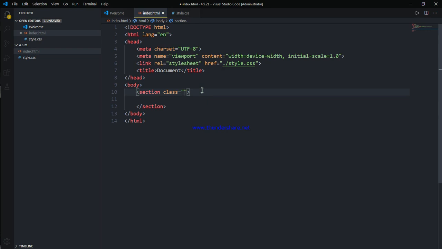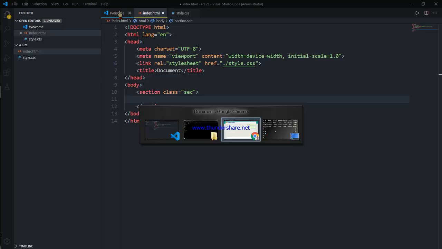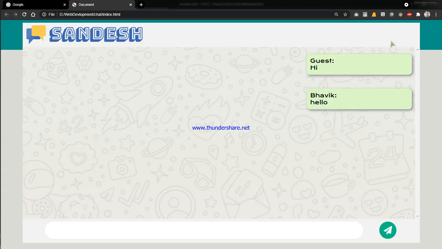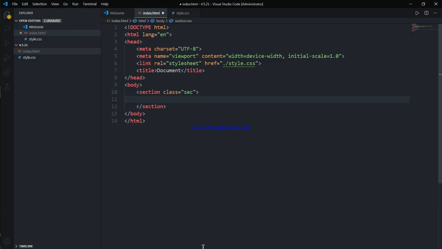As the first part will be, as we can see, this top part, we will add a div named top,